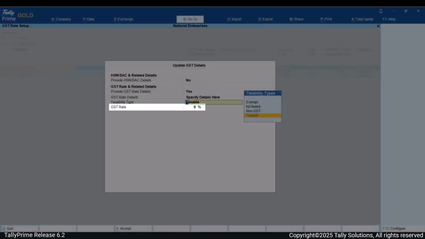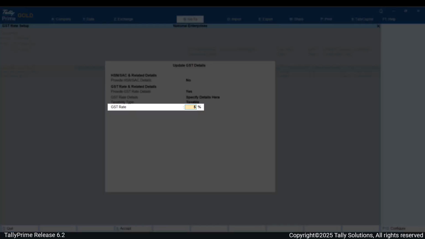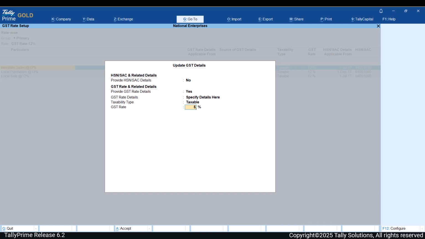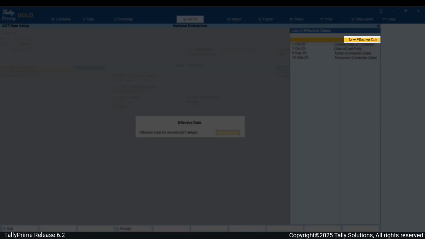Now, go to the GST rate field. You will notice that there is no rate shown as we have selected multiple ledgers. Specify the new GST rate you want to apply to all the selected ledgers. Press Enter. Select New Effective Date.